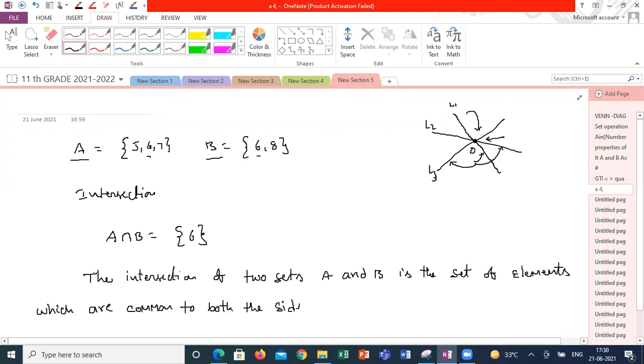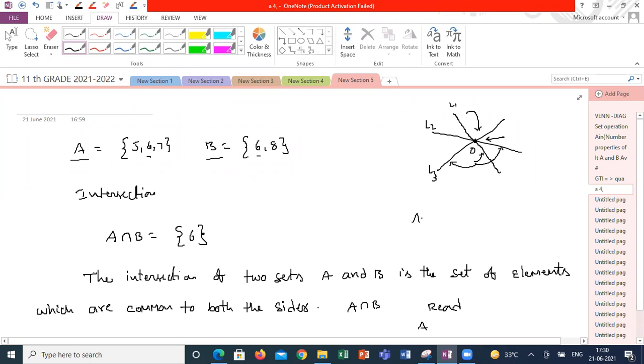You can write in your own words. It is not mandatory to write what I am writing here. Just to explain in a little more detail, I am writing this statement. What he said: the elements common in both the sets, which we form as a single set, that set is called the intersection of both the sets. It is denoted by A intersection B and read as A intersection B or A cap B.